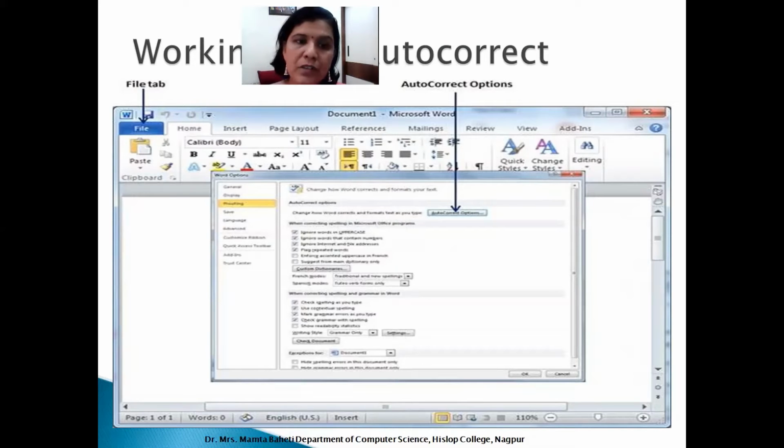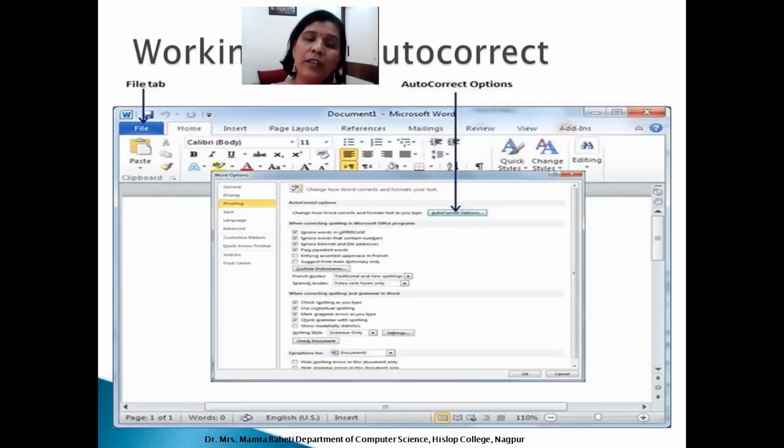So in the Word options, under proofing, we will select the autocorrect option. In that autocorrect option, we can set what mistakes we commonly make. It may vary from person to person. There are some defaults made available for you, like what I have discussed right now, TEH, or if I write ADN in place of AND, it will autocorrect. Likewise, some options are there.